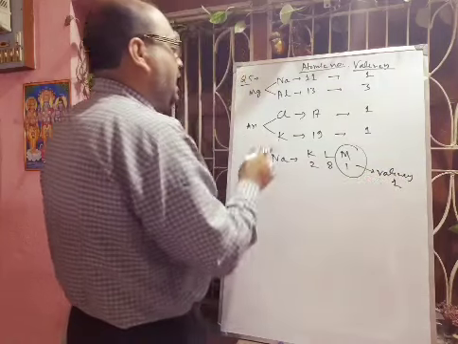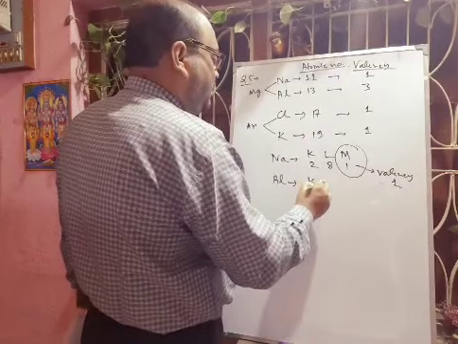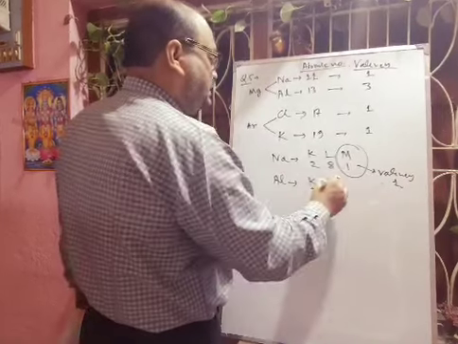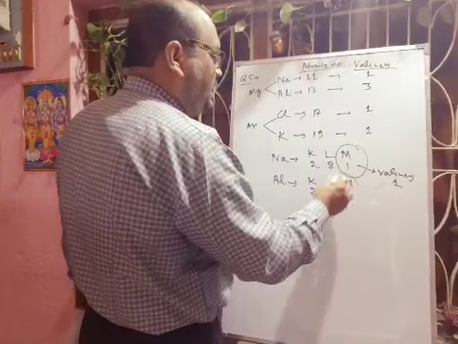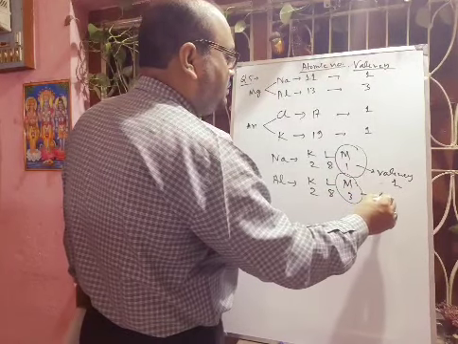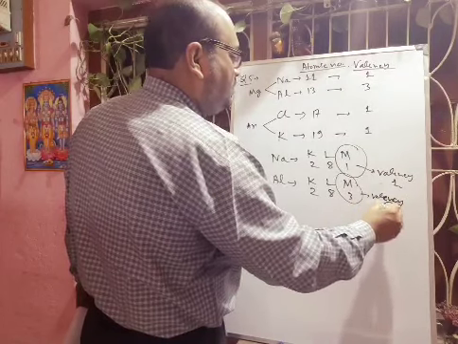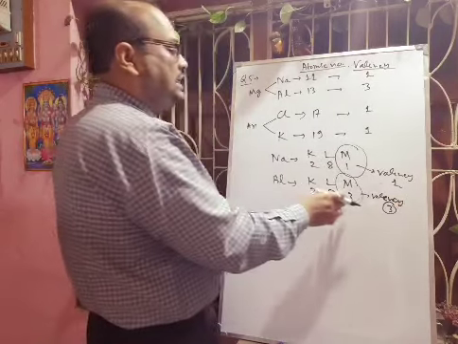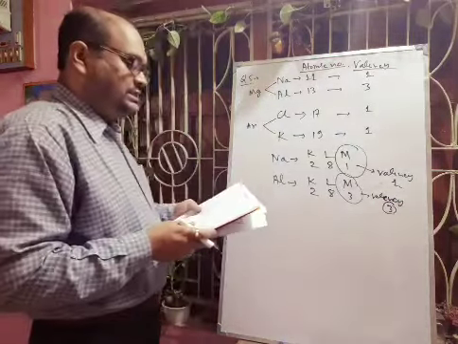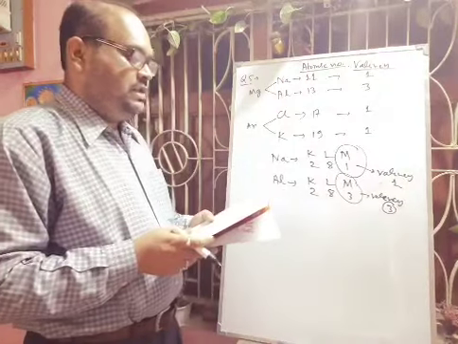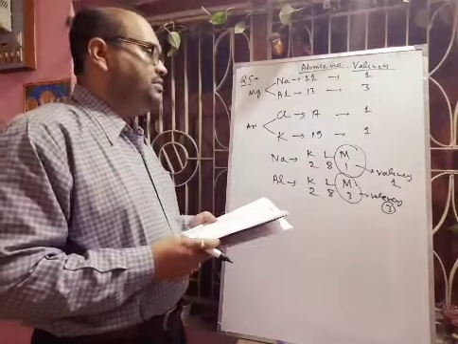And then aluminum. Aluminum in K shell, number of electrons will be 2, L shell number of electrons will be 8 and M shell number of electrons will be 3. So definitely its valency will be 3. In the outermost shell it has 3 electrons. In between these two, the magnesium is there, magnesium valency will be 2 and magnesium atomic number will be 12.